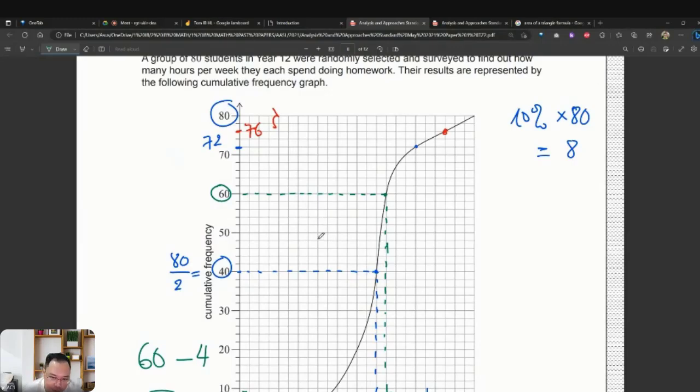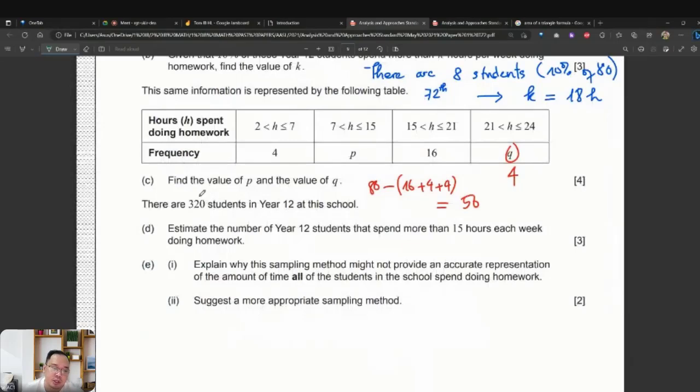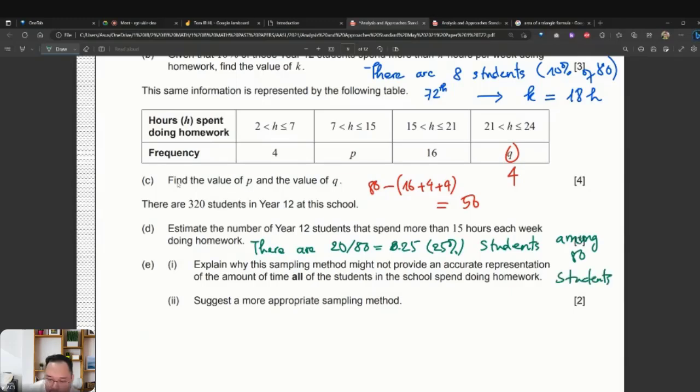Okay, 25%. And take that percent, 25, multiply with this number of students, 320, we get the number of students. Among them, there are 20 over 80, which is 25%, 0.25. Just write 25% of the students among the 80 spending more than